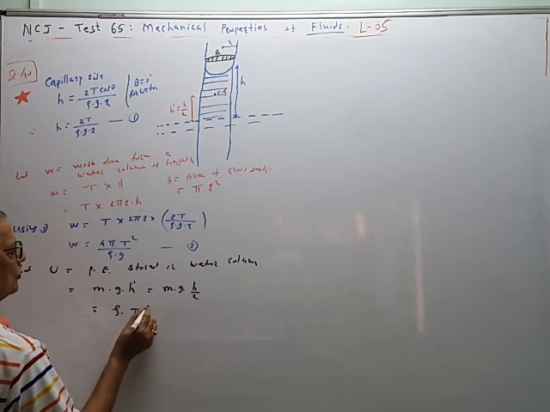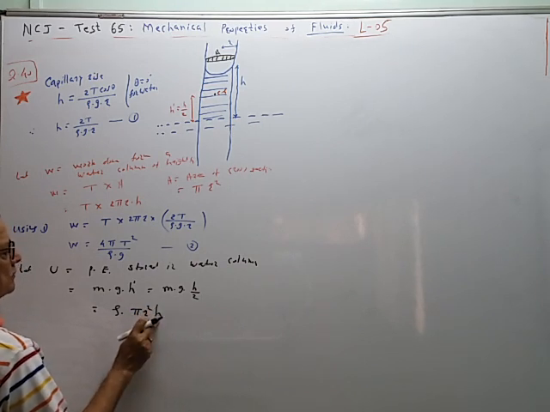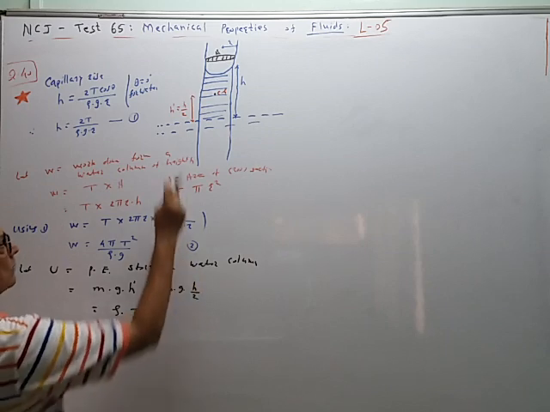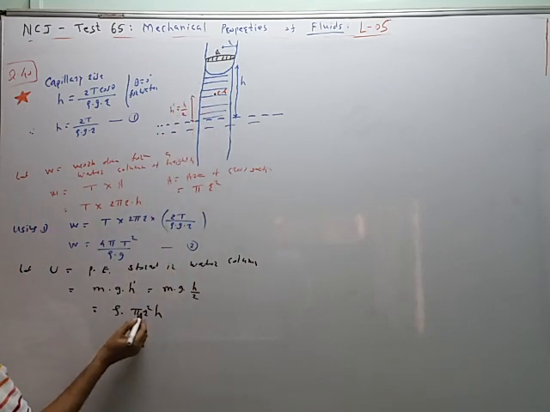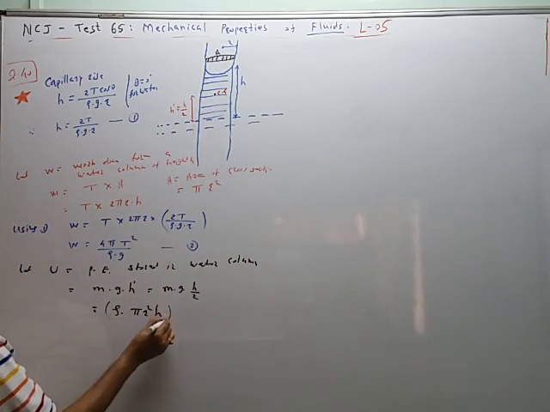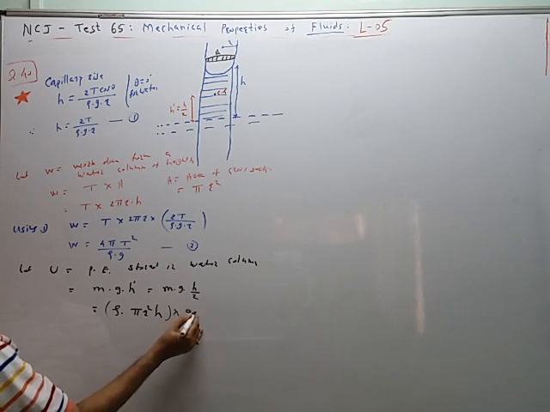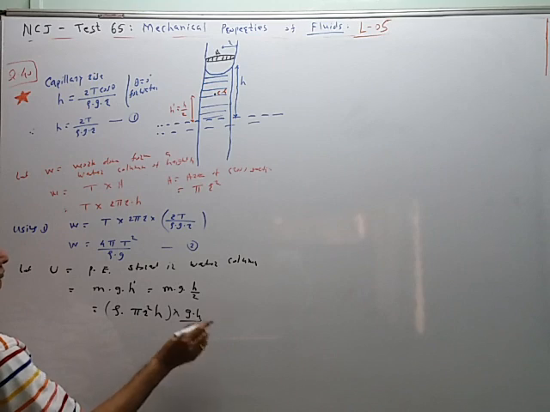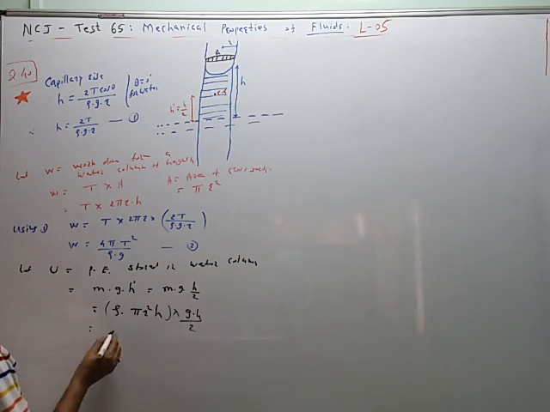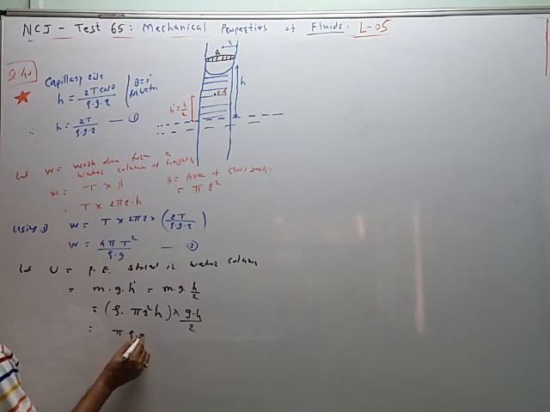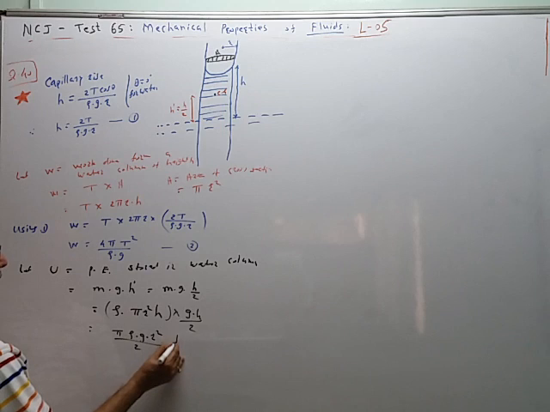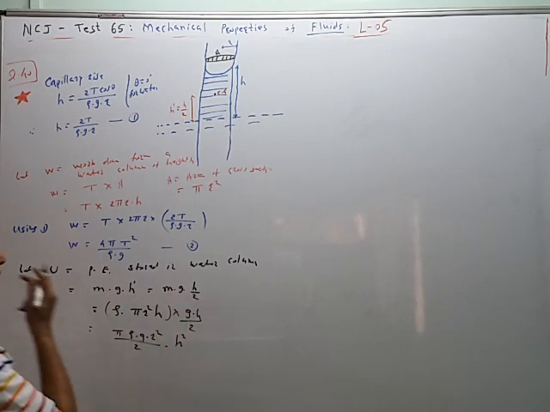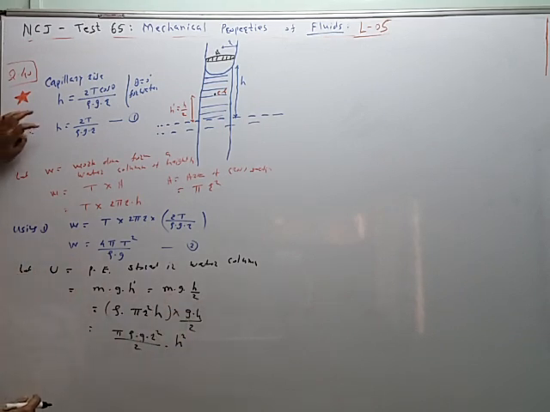So volume is equal to pi r square h. इथे मात्र h घ्यावा लागेल, इथे h by 2 घ्यावा लागेल. आपल्याला ह्या टोटल वॉटर कॉलमचा वॉल्यूम पाहिजे. So this is the value of mass into G into H by 2. So this is equal to pi rho G r square by 2 into h square. So again use this value.